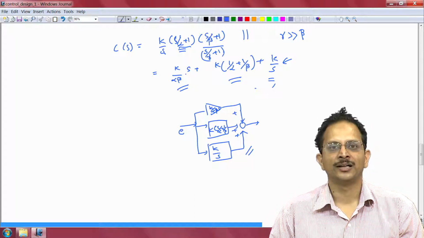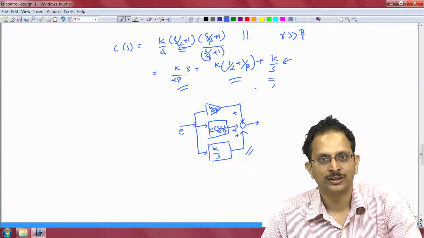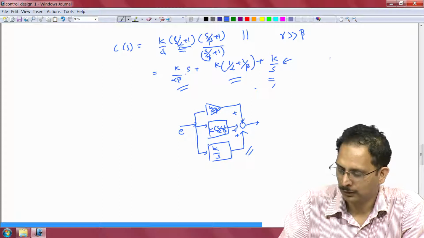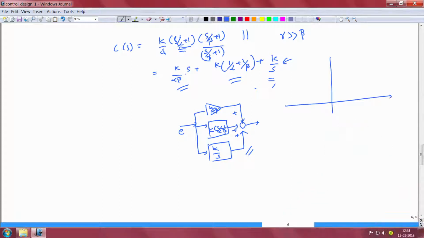But for completeness sake, let me just draw the Bode plot of this controller that includes this denominator term s by gamma plus 1 as well. So the magnitude characteristics start like that of an integrator, so it reduces at minus 20 dB per decade. At omega equal to alpha it flattens out because we have added a 0 at omega equal to alpha. At omega equal to beta it starts to increase at plus 20 decibels per decade, and at omega equal to gamma it once again flattens out. So this is the magnitude characteristic.